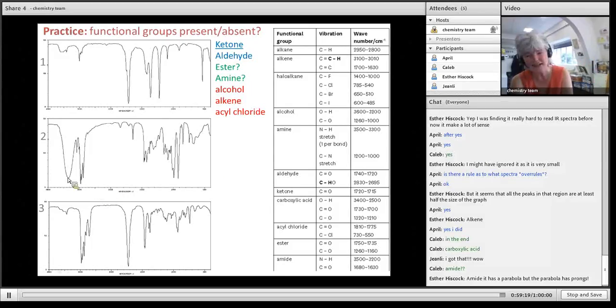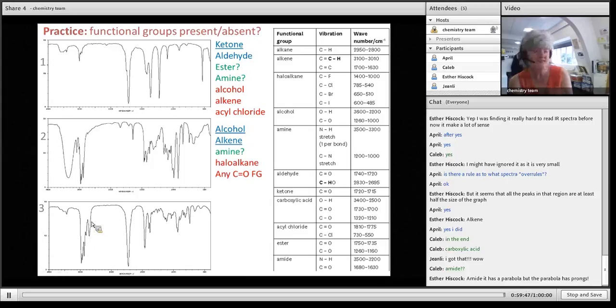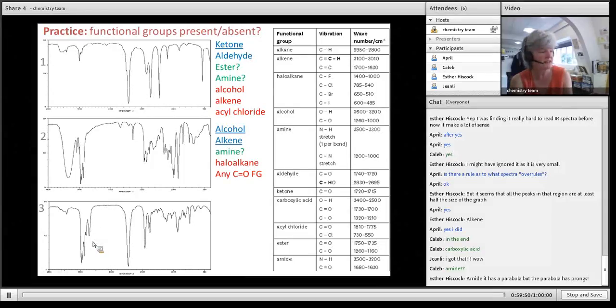Can you see the nice clear parabola? So you know it's an alcohol. And you also see that little peak there, and there's that other C double bond C peak. So you know it's a molecule that has an OH as well as a double bond in it. So it's a molecule that's both an alkene as well as an alcohol. Over here, again, that W is telling me it's probably an aldehyde, but you look through, don't have any alkenes there. That could be a secondary amine,